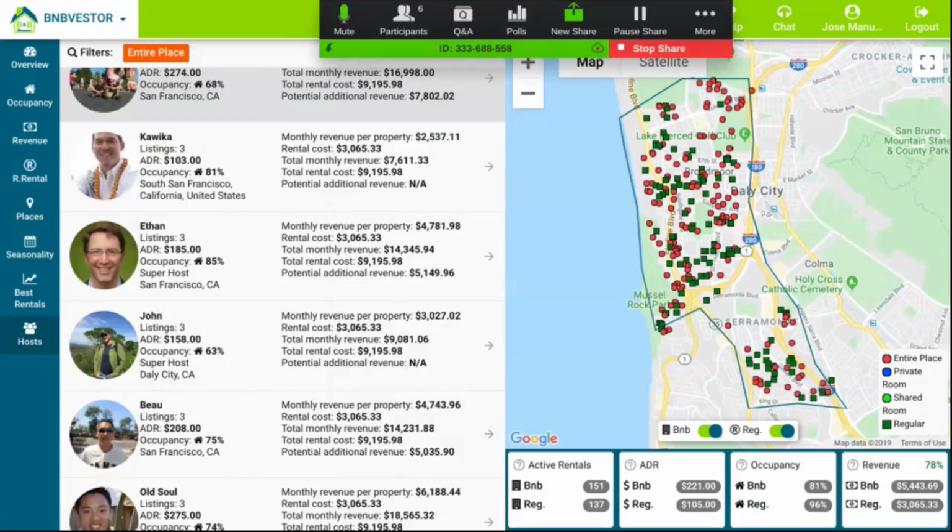Okay, it's an online demo on Bnbvestor. This is the tool that we use. It's great for someone who is actually trying to make their way through short-term rentals.